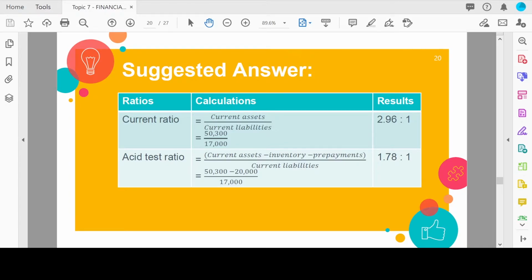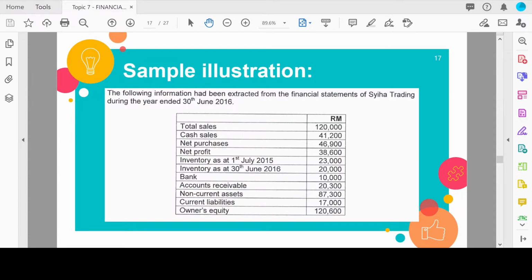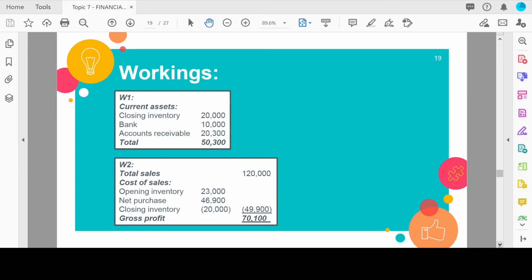So what is the formula for the current ratio? Current asset divided by current liabilities. Now let's look at the question again. Do we have an item of current asset? We don't have any current asset here. Instead, we have non-current asset. But we do have the items of current asset, which are the closing inventory, bank, and accounts receivable. So we need to prepare a working to calculate the current asset. Current asset is equal to the closing inventory plus bank plus accounts receivable, and the total is